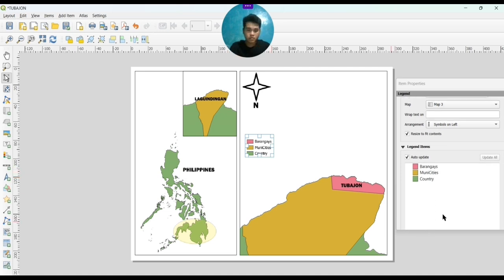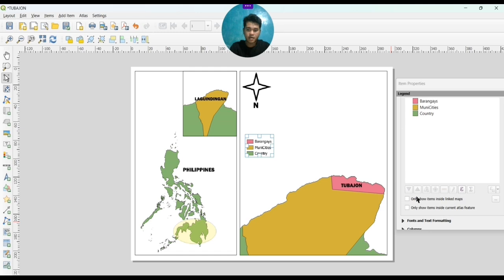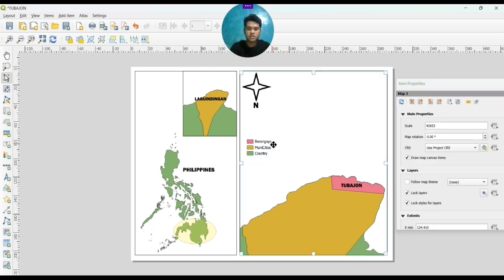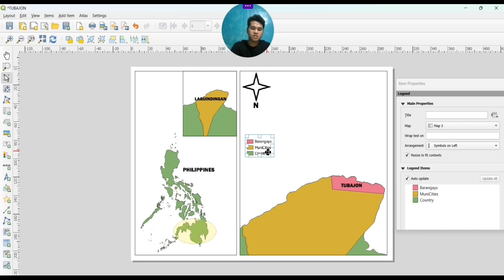And next, the other one is to click for the item and just for the properties and click only show items inside link maps so that the legends will be more specific to the labels that you are putting.